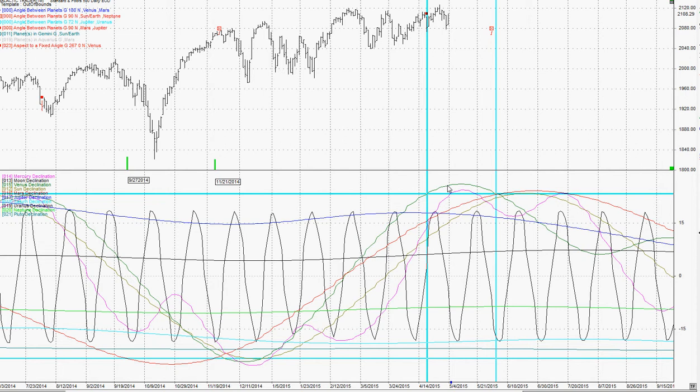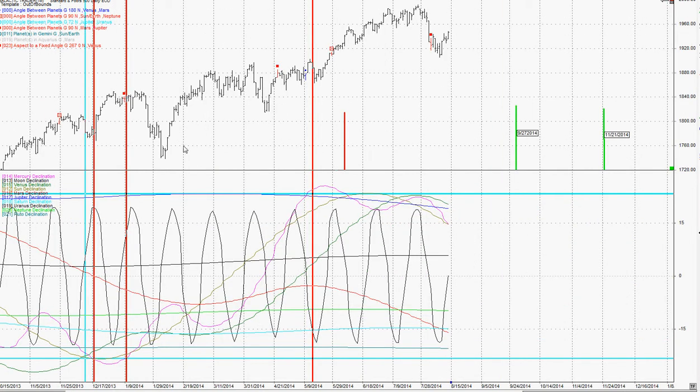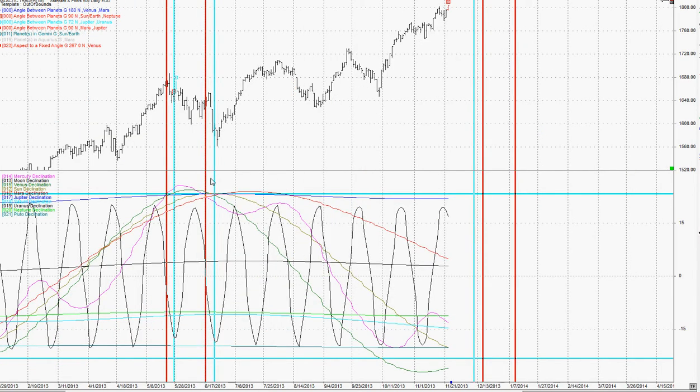And typically what we've seen with, let's just go back and find the last one. This green line is Venus. I've mentioned a couple of weeks ago it was going out of bounds, and that was on April 17th. So let's just go back and see if we can find one here. So this, yeah, I don't have one there. Okay, here's one back in